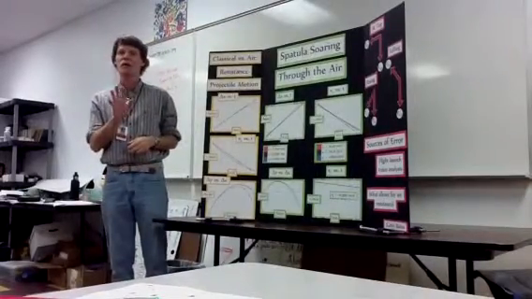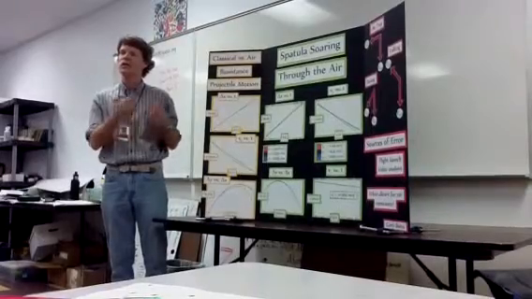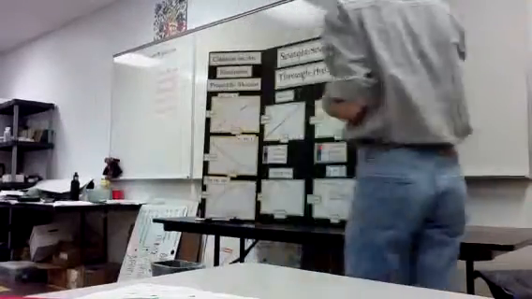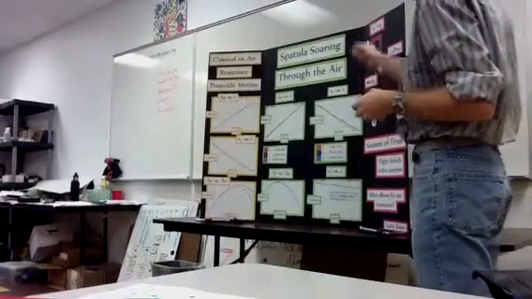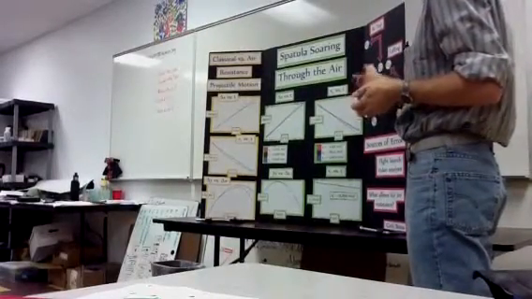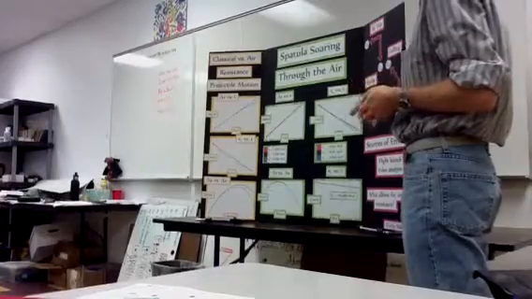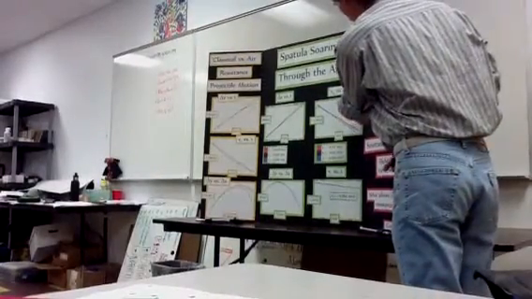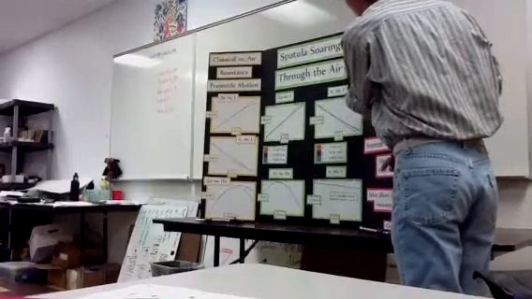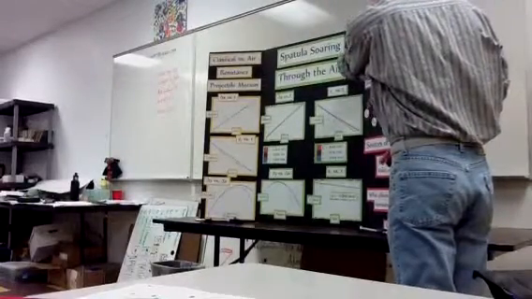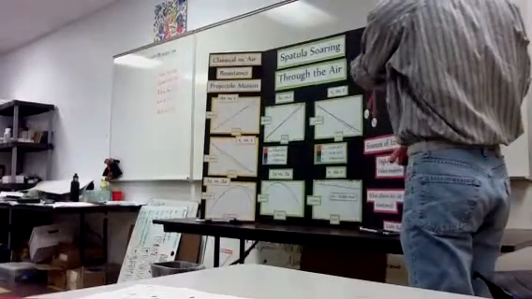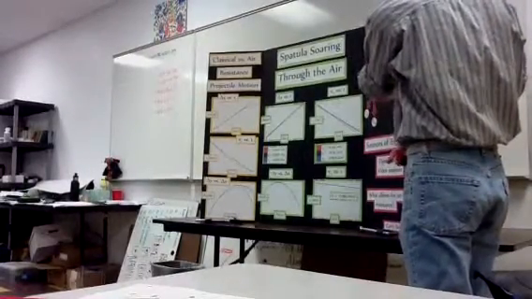The horizontal velocity is no longer constant because the air resistance is pushing backwards on the projectile, as can be seen in the force diagrams here. Air resistance always acts in opposition to the direction the projectile is moving. So as it's moving up and to the right, air resistance will be down and to the left. When it gets to the top and it's moving to the right, the air resistance will be to the left. And on the way down, when it's moving down and to the right, the air resistance will be up and